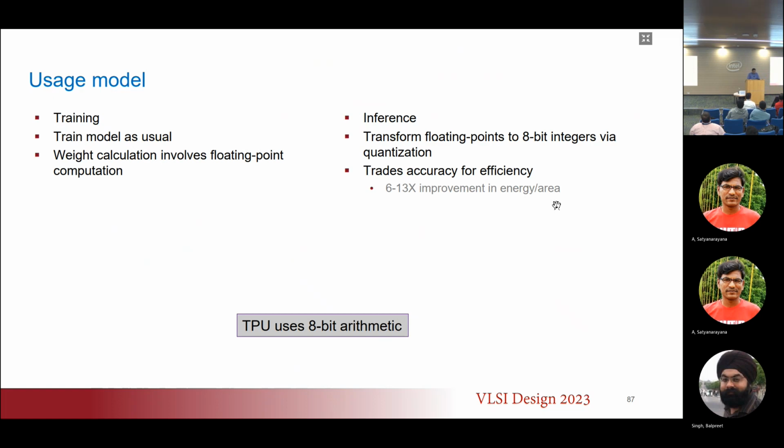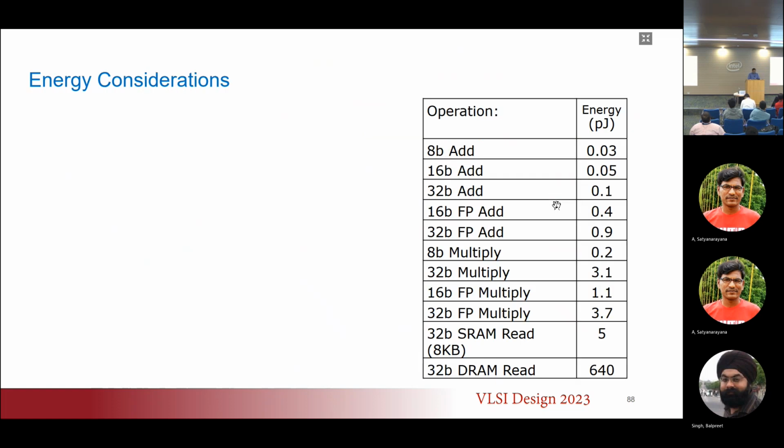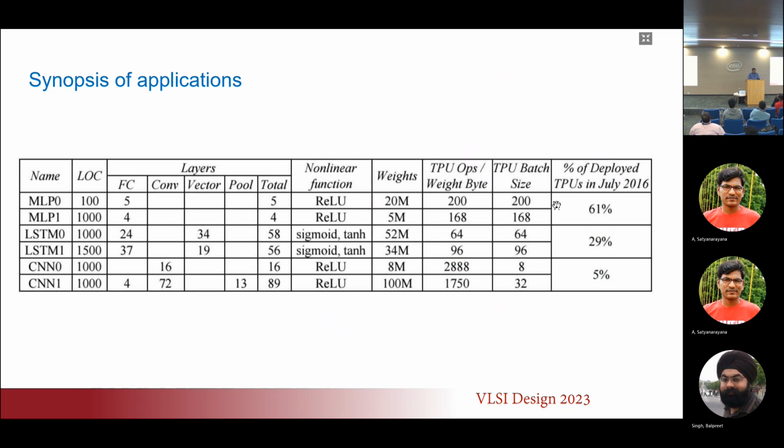So the TPU is using 8-bit arithmetic. Again, why? Why not 16-bit floating point? It's classification. It's not training. And so they had these energy considerations. And around 2016, when they published their paper on the TPU, they basically said that the machine learning models that